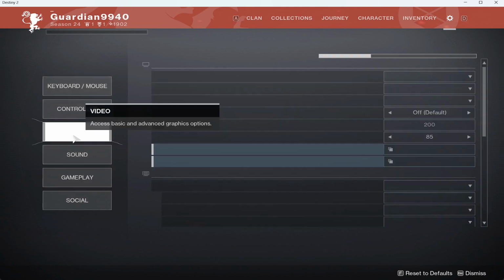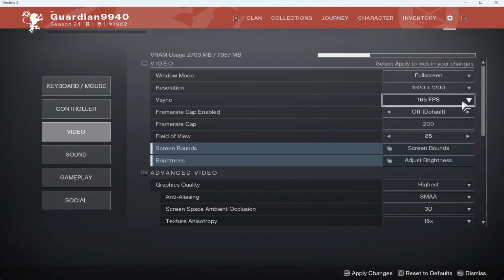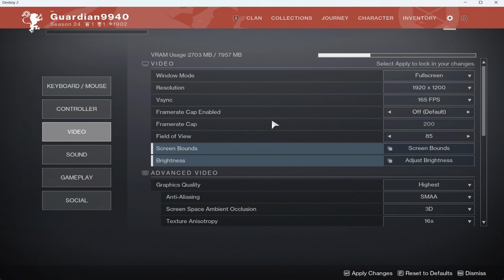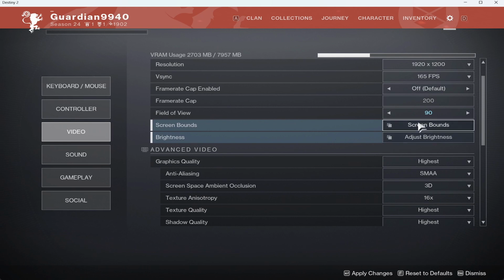Go ahead and tap on video, and now you will see various different video features that you can change within your game. You can change from window or full screen mode, and you can also define your resolution. You also have the option to choose your preferred VSync or FPS option, and you can enable or disable frame rate capping. You also have the option to define your field of view, followed by the screen bounce